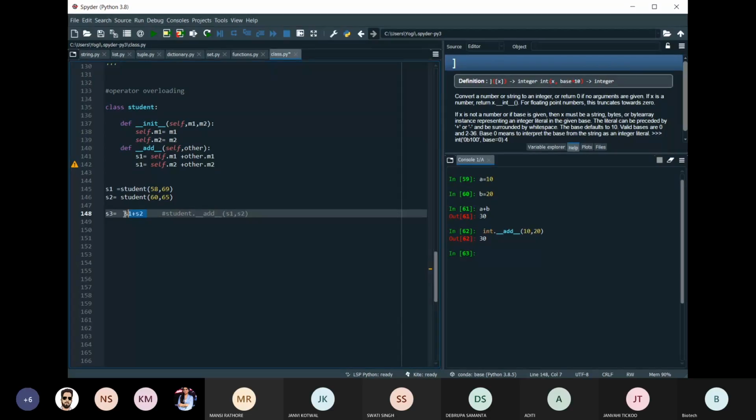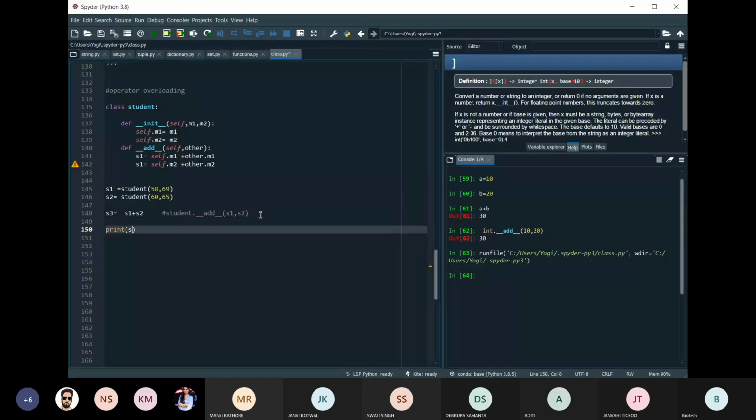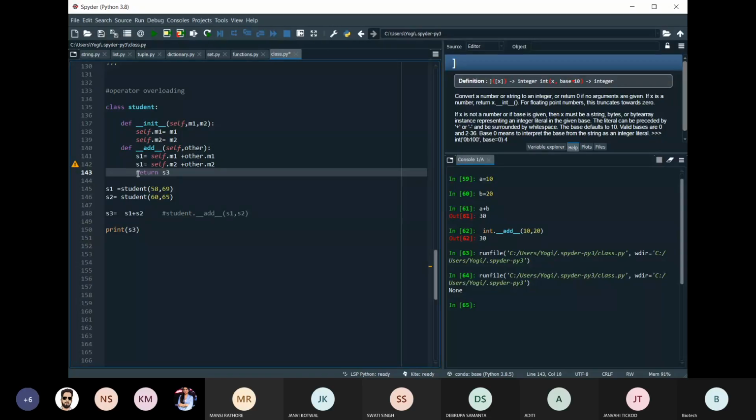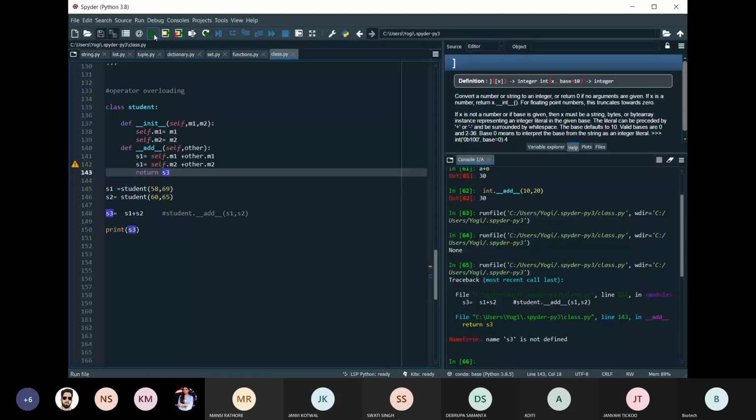Now I'll try to run this. What happened? It is working fine. I haven't printed the statement, so that is why it is giving me this. I haven't returned anything, so return s3. Name s3 is not defined.